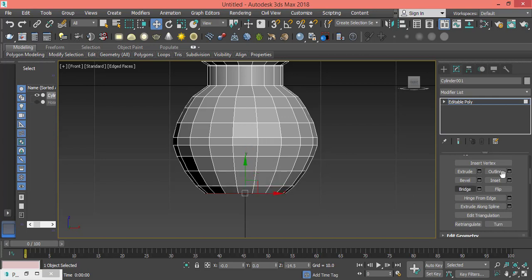Press OK. Another bevel with the value of 1.5. No, that's too much. Let's make it 1, and the amount of bevel minus 1.5. Press OK. I guess that will be a final bevel with minus 2